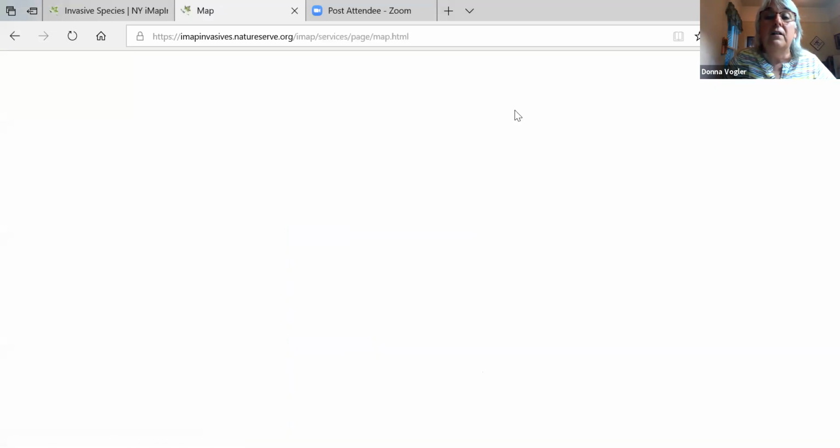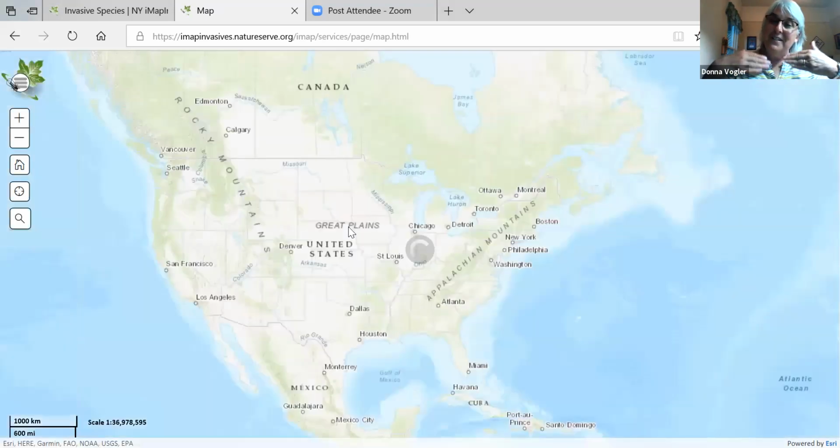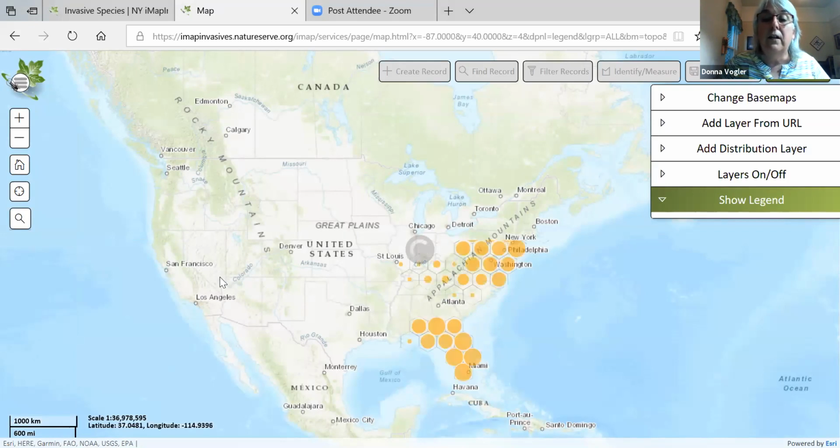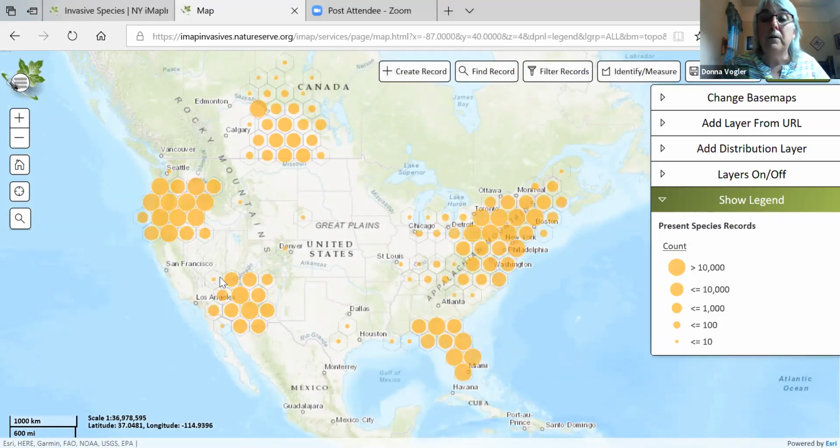All right, so let me, I will log on. Now, a person can use iMaps without logging on, but they only get just a little taste of what it does. If you're at the point where you're reporting things and getting into it in a larger way, you really need to log on and be a full participant.